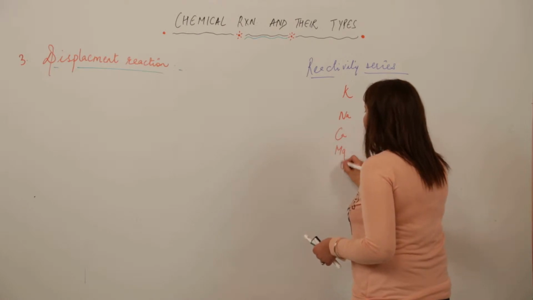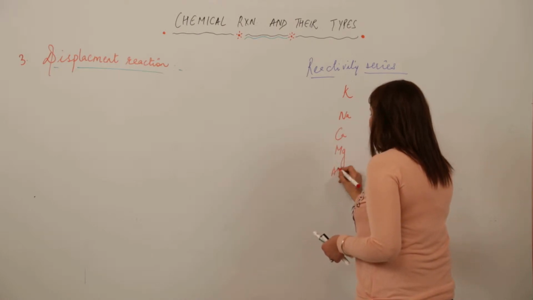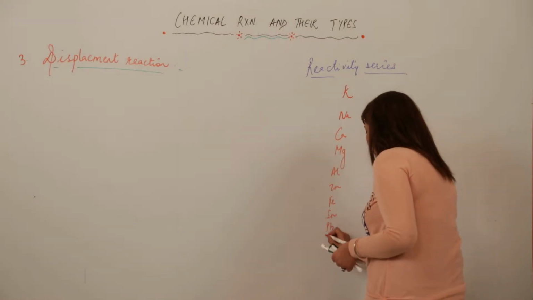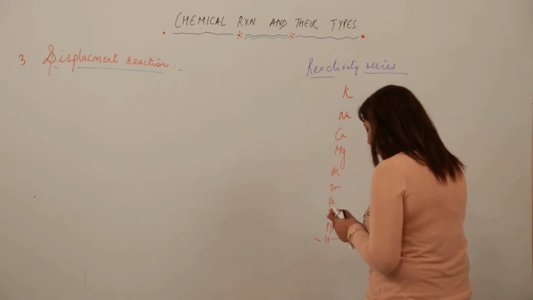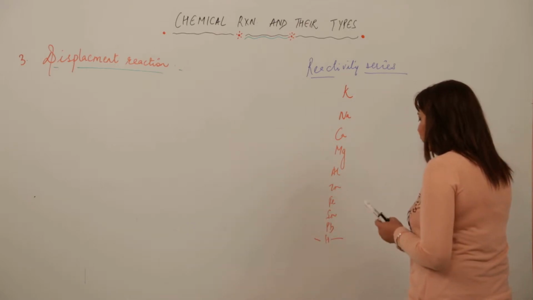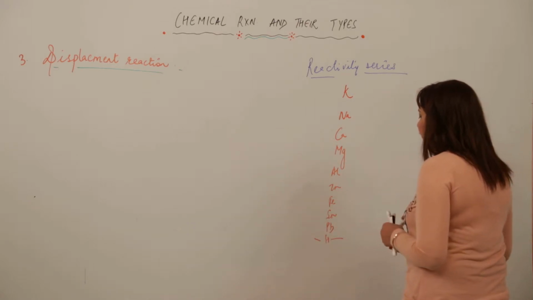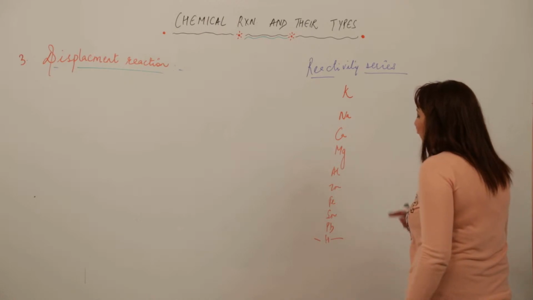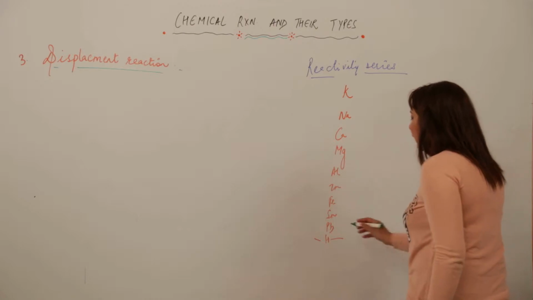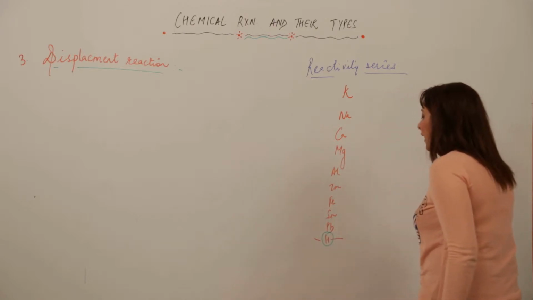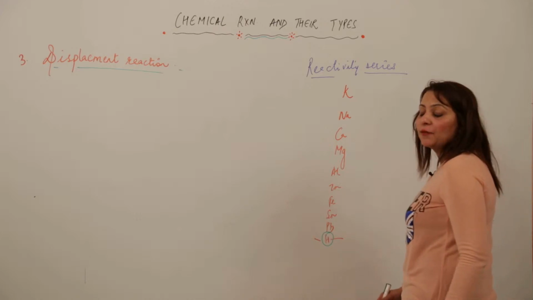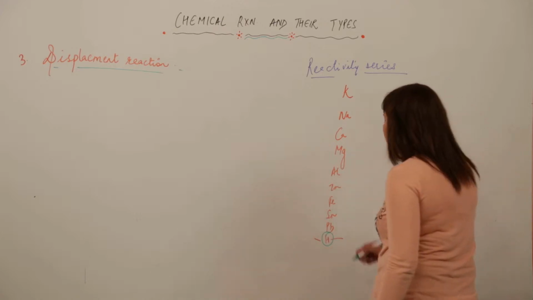this. Just look at the board carefully. It is separated by a non-metal. So sometimes you get a question: name an element which separates more reactive metals from less reactive elements. Is that hydrogen? And after that we have the elements which are less reactive than hydrogen. They possess very little reactivity, that is